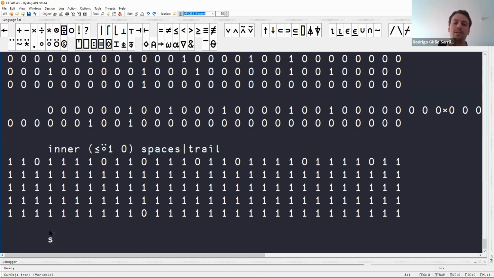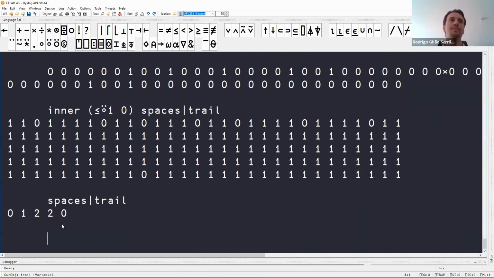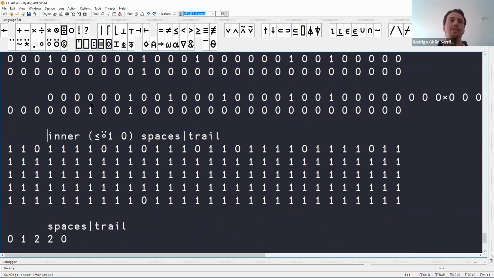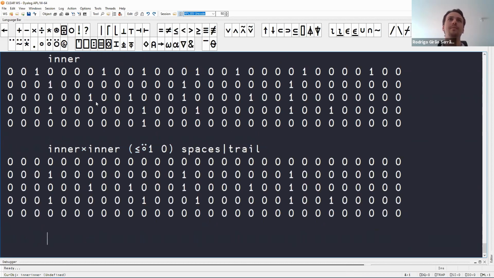So spaces, trail. It's comparing these numbers with the numbers in this matrix, which is the inner. And it's doing so row by row. So it's taking the 0 and comparing with this row, it's taking the 1 and comparing with this row, etc. And then if you take this and you mask it out again, then you find the spaces that are the first ones that correspond to the positions that will get extra spaces. Except